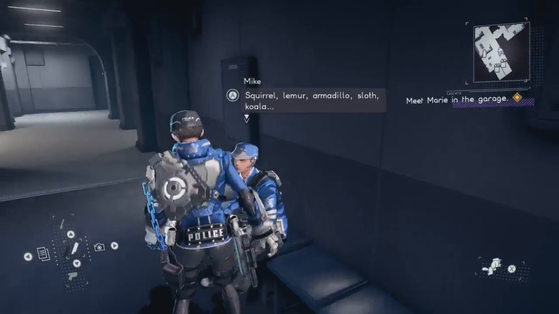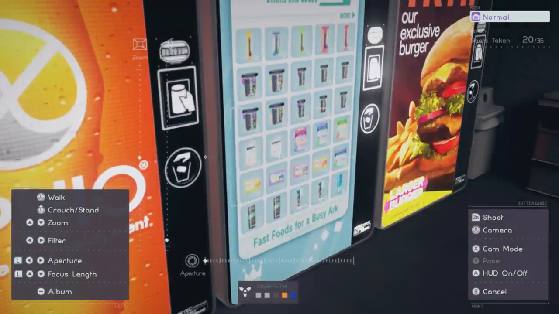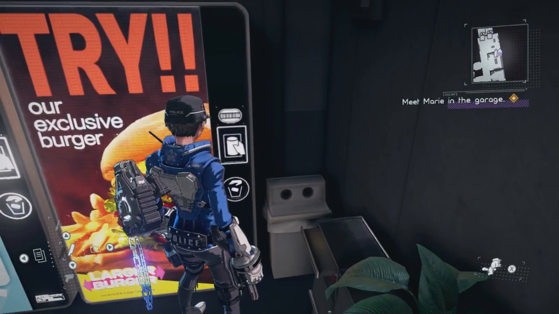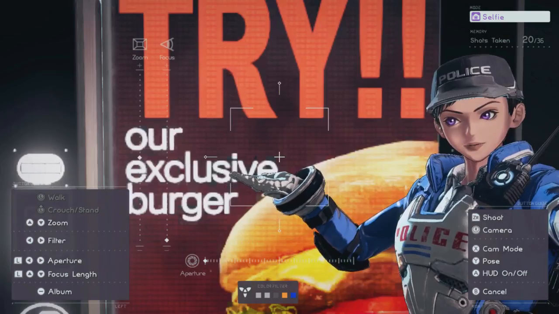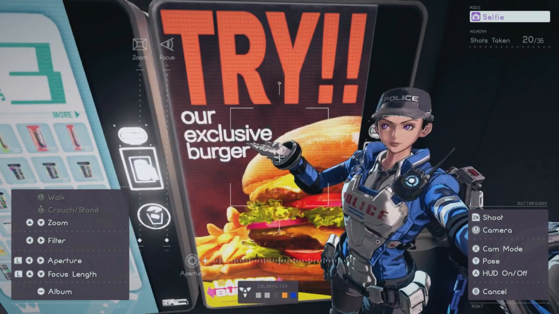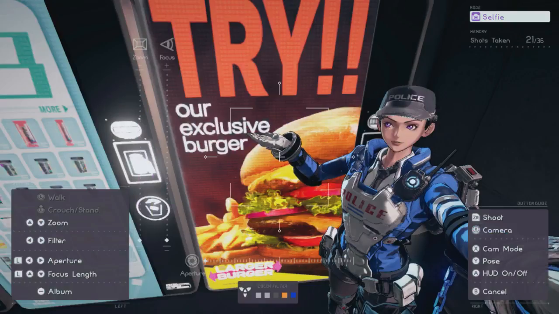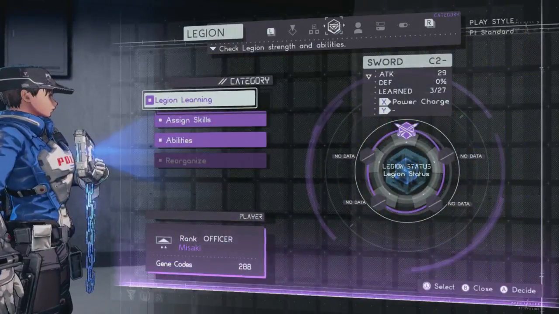Okay, I've basically gone and taken photos of everyone and everything that's around in here. Turns out I was also required to get a photo of the vending machine. Let's do some advertising. Try our exclusive burger. Unfortunately, the photos that you save in here, you can only view...